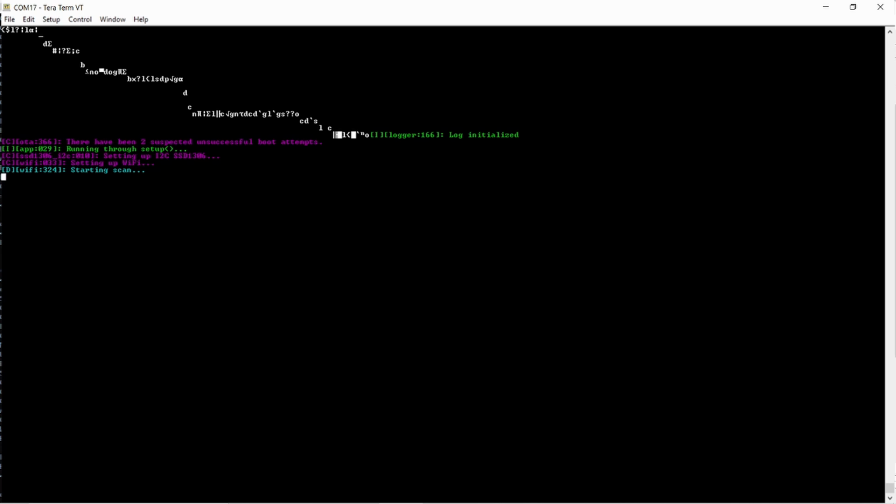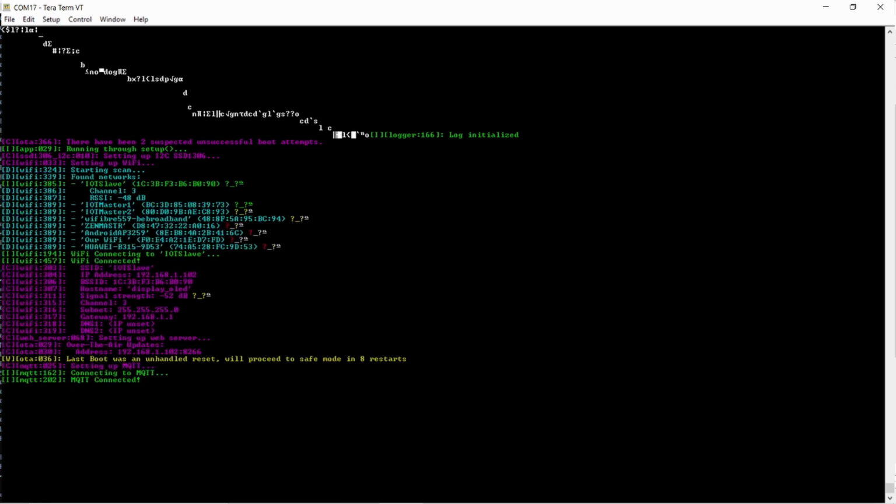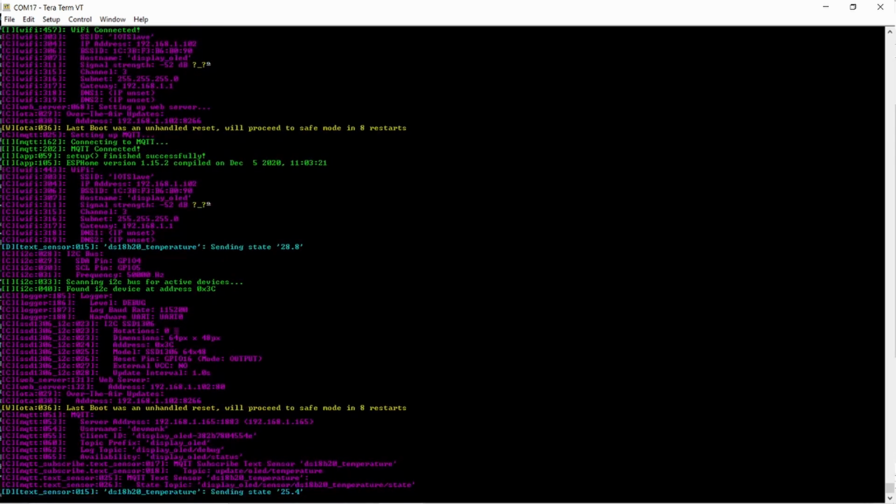There it's running now, doing a Wi-Fi scan. There it shows how it's connected to the device. MQTT is connected to the broker. There it did an I2C scan and found the